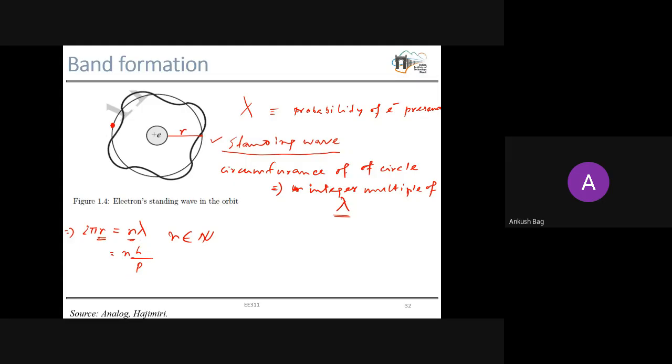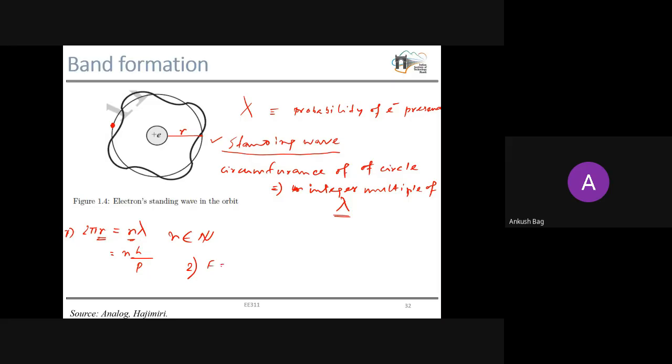So from this particular problem or concept, what is the other relation we can get? The other relation is of course the electrostatic force by which the protons are attracting the electrons, and you have the centripetal force, which will be equal to this electrostatic force. So here we can term it equation 1, and equation 2 will be